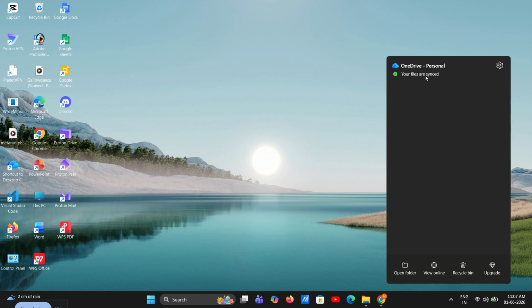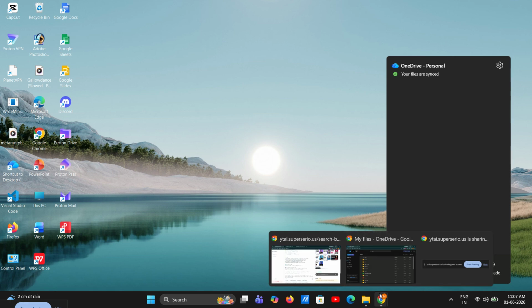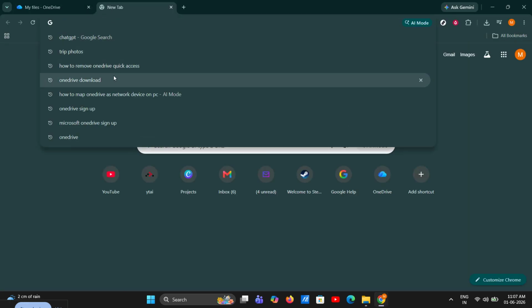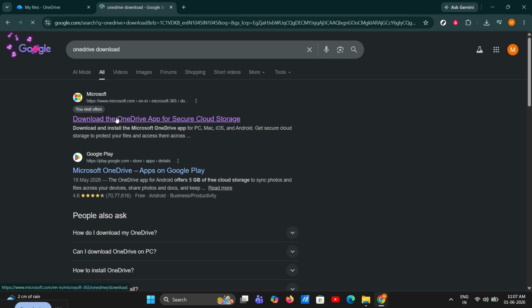Go to the official Microsoft OneDrive download page, download the newest version, install the update, and sign in again if you're prompted. Updating OneDrive can fix bugs, compatibility issues, and old sync problems that may not be solved by a